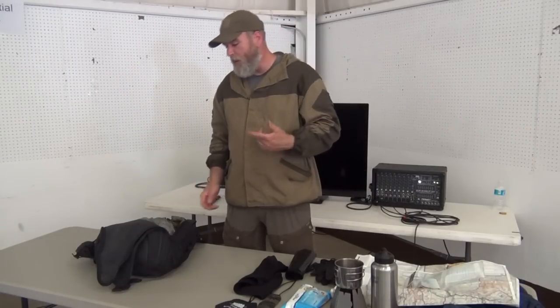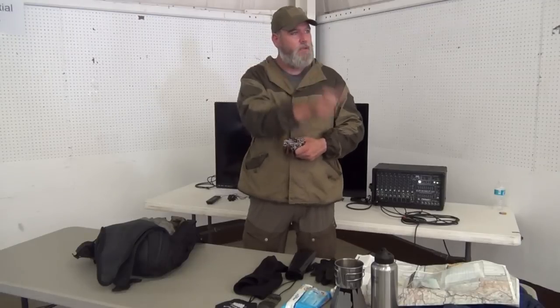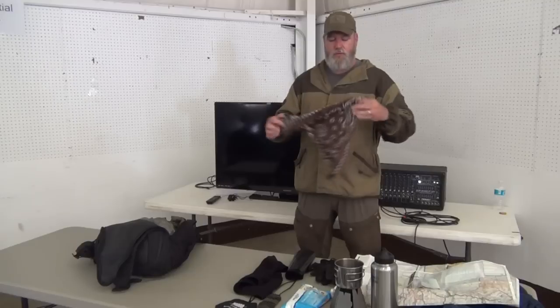You see a lot of people running around with the shemagh, the big shemagh, and I like them. They're a handy multi-purpose thing, but when you walk around with that around your neck, what does it do? Kind of starts to profile you a little bit. It starts to put you in a category. If I see you with a shemagh, I'm looking at you in a different way now. All of a sudden I'm making some assumptions. So just an earth tone